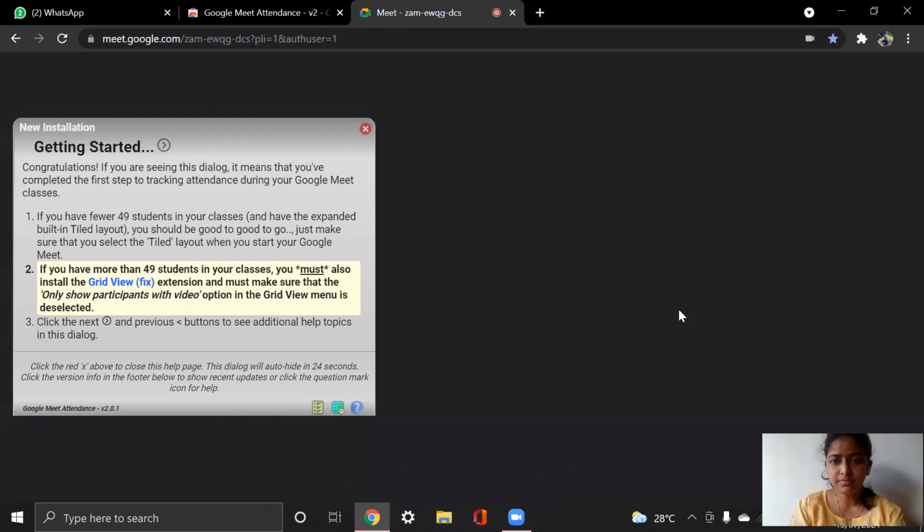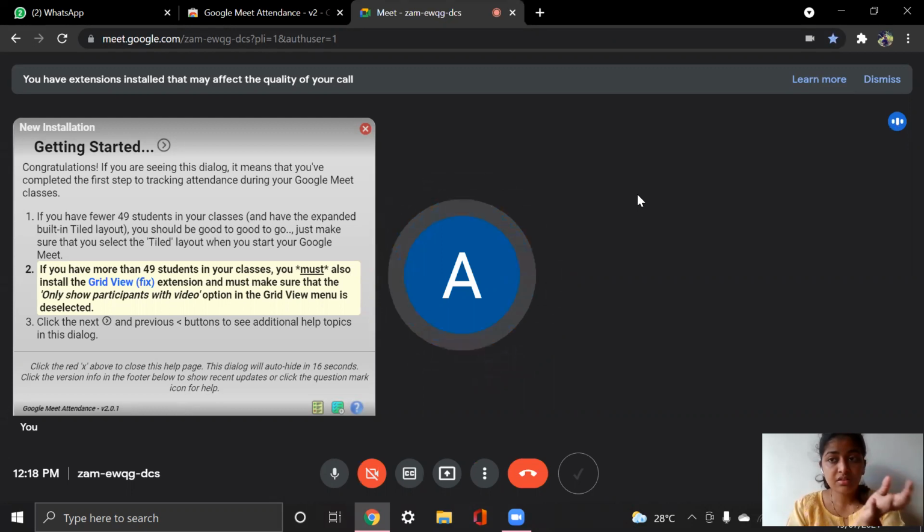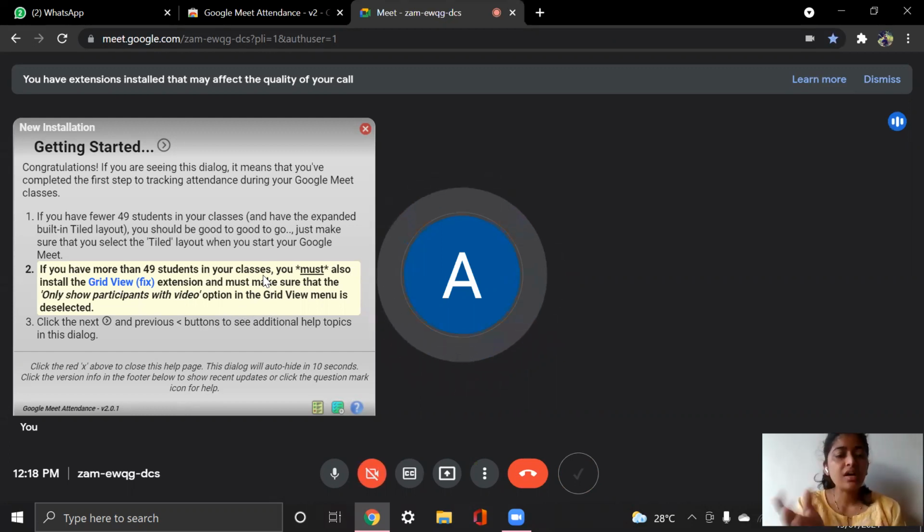So I'll join. After I join, when other students start entering, this app is going to directly note down the attendance. The names will get recorded here in a grid view.